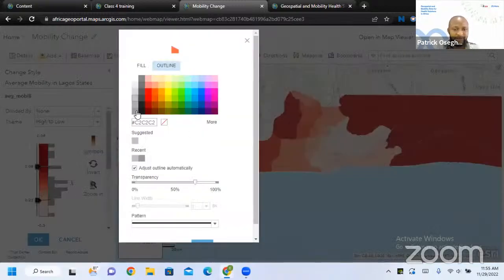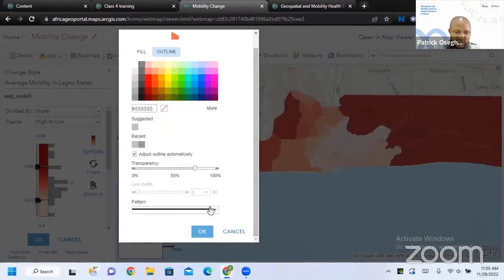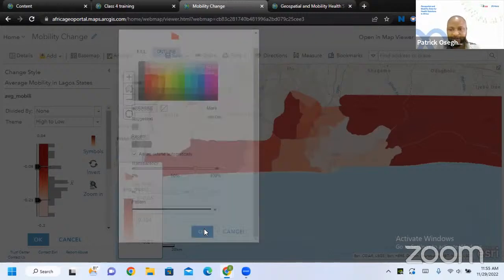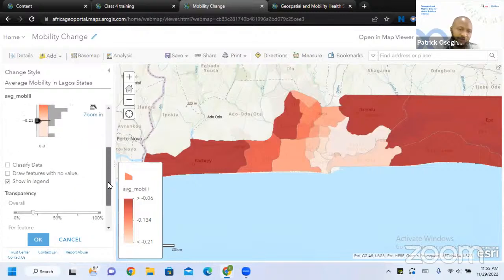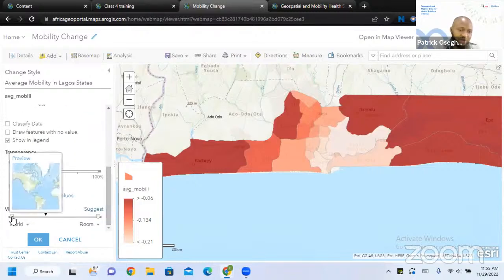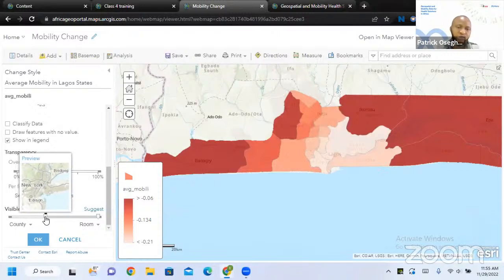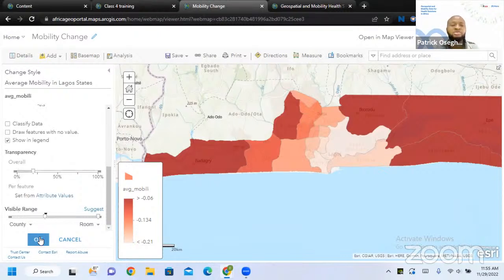I want an outline to be there so that I have some differentiation between each local government. I can also increase the size of the outline, but I'll just leave it as default. Now you can see that there is an outline for each of what we have done here. So now I will make sure that this layer does not show until we come down to the level it's supposed to show. This is the level I want to put it, the level whereby the upper layer does not have to show anymore. So this one will appear. So that's the way you can do your drill down.